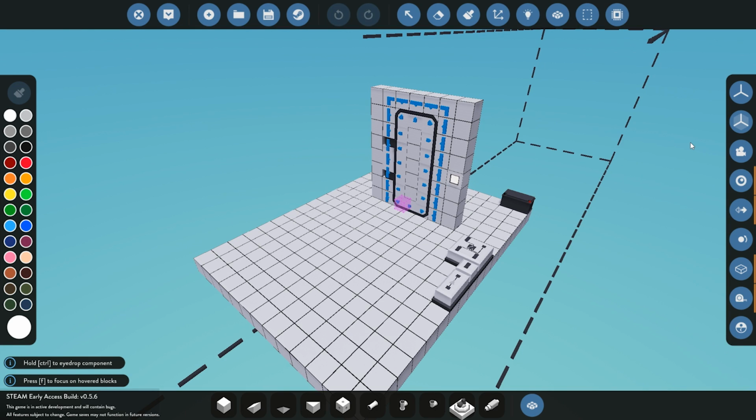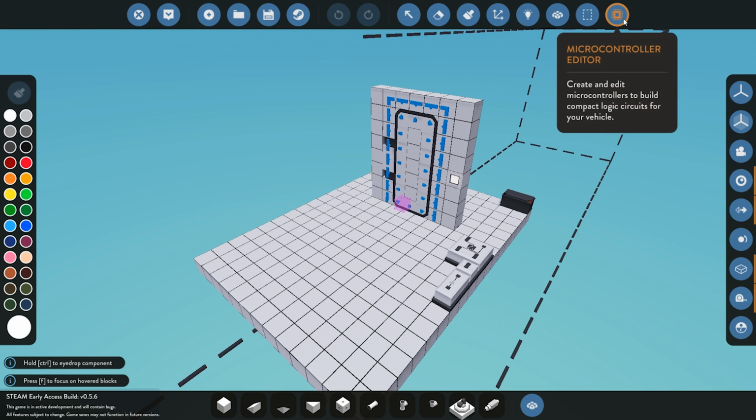We're back here in the workbench itself. You can see in the top right corner we have the button to go ahead and actually go to the microcontroller editor. But before we go there, I just want to talk a little bit about what microcontrollers can be used for. Now, the way I look at it is you can do three things with it. One, you can reduce the amount of logic component pieces that you need in your creation to operate